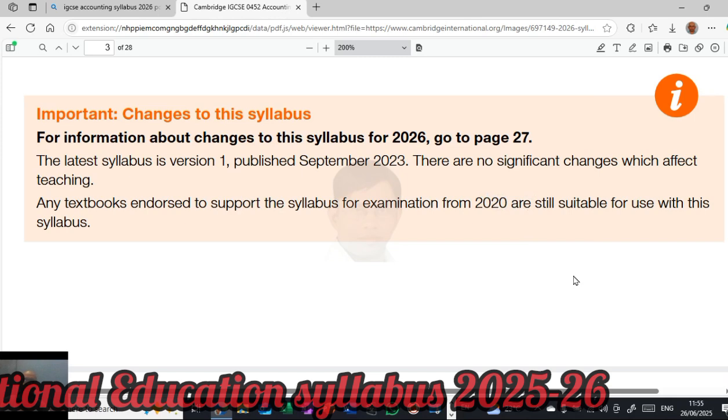Now it is 2025. Even if the books are from before 2020, there may be only small changes. You can simply compare and contrast, and you will be learning the differences now. So you don't have to worry about the syllabus. The syllabus is almost the same as in the earlier versions of the books.